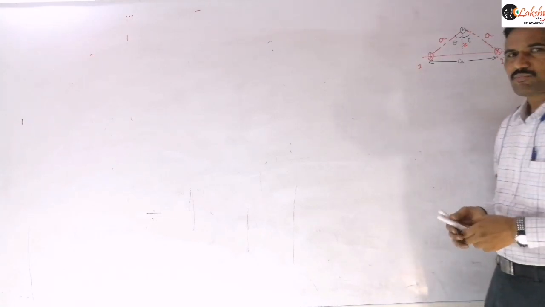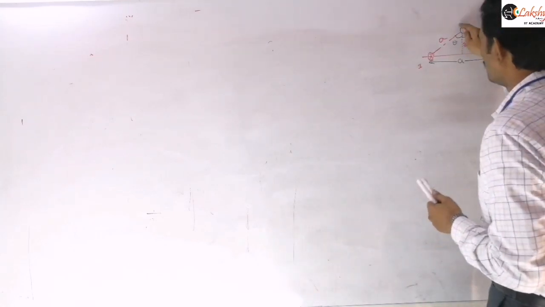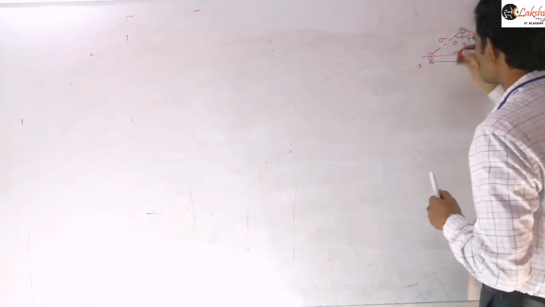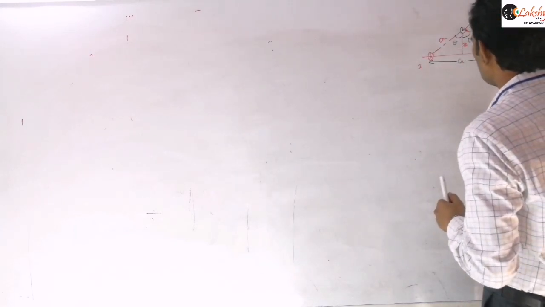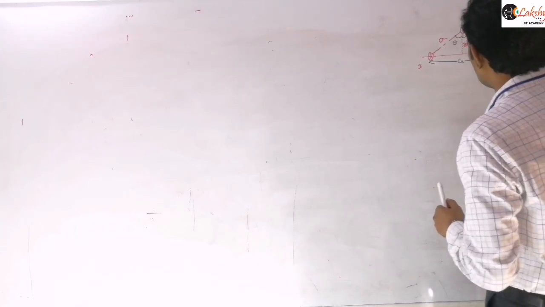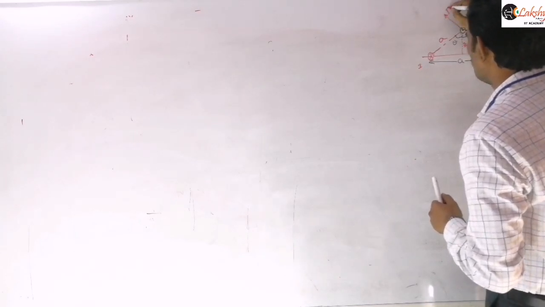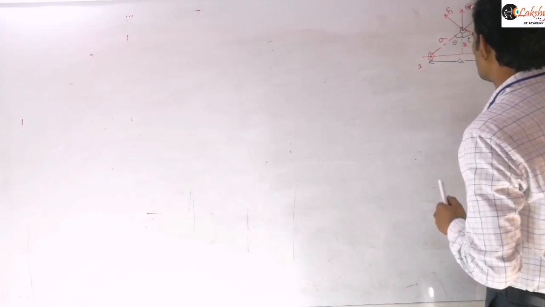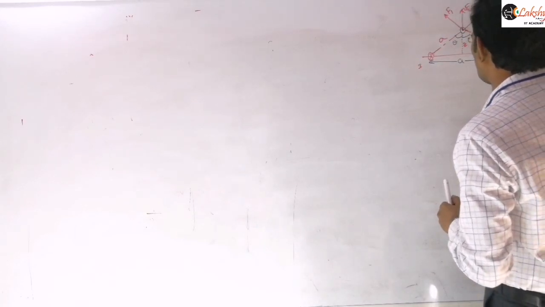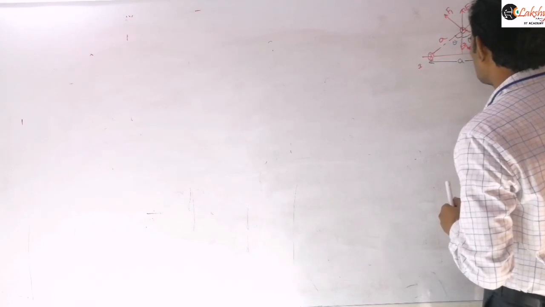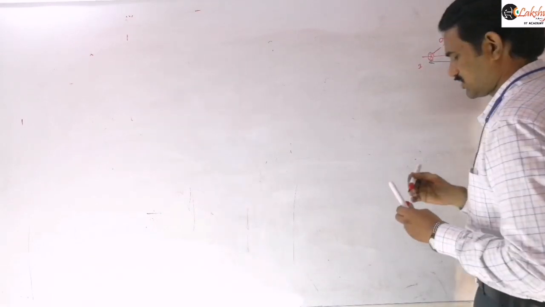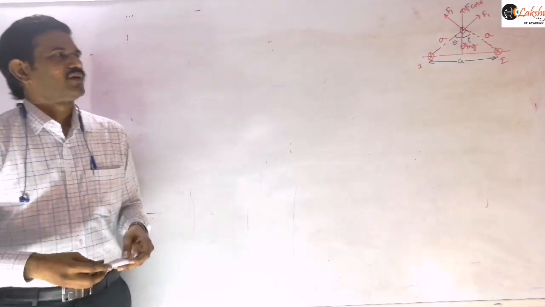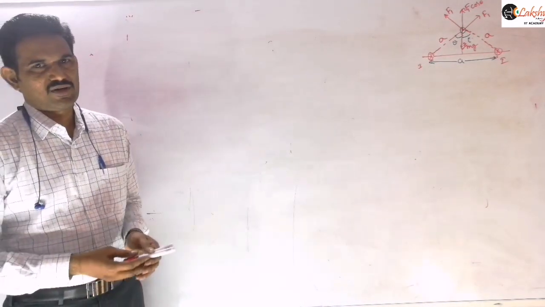Similar to our earlier problem, what we can conclude is that these two wires are parallel to each other and carrying current in opposite directions. So the force acting on this will be repulsive, along this direction. Similarly, between these two wires it will also be repulsive, along this direction. Now the net force will be 2F1 cos theta along this direction, and that should be balanced by the weight of this wire. By balancing those two forces, you will get the lambda value, the linear mass density of this wire.